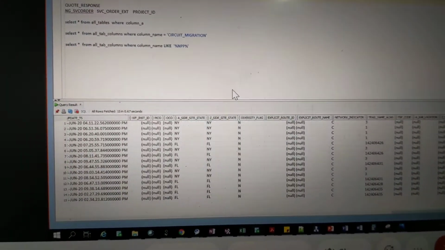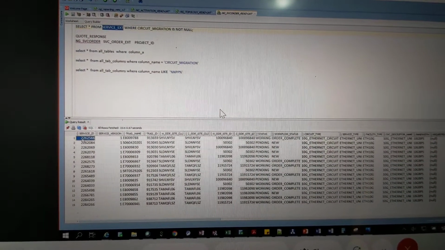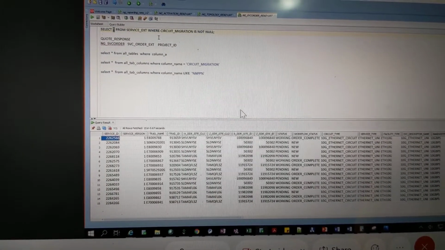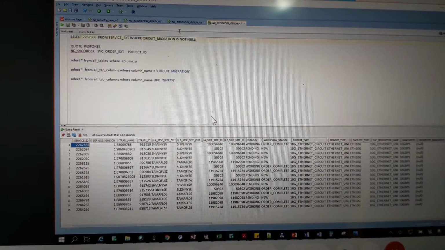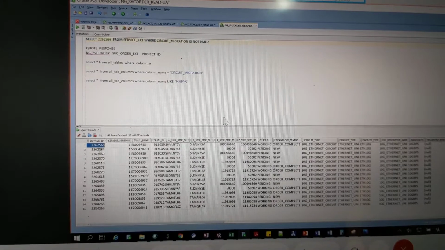So what about the service ID? There is a relation. Let me get the service ID. There are a couple of them.